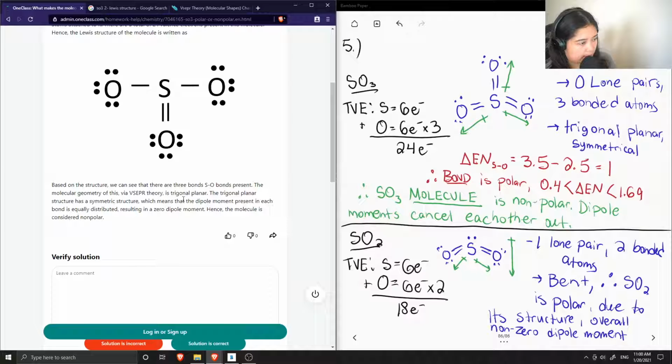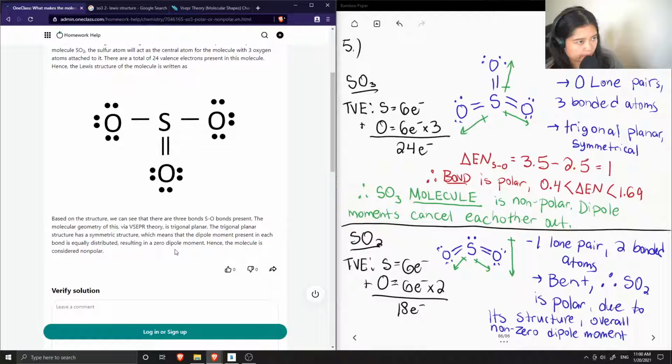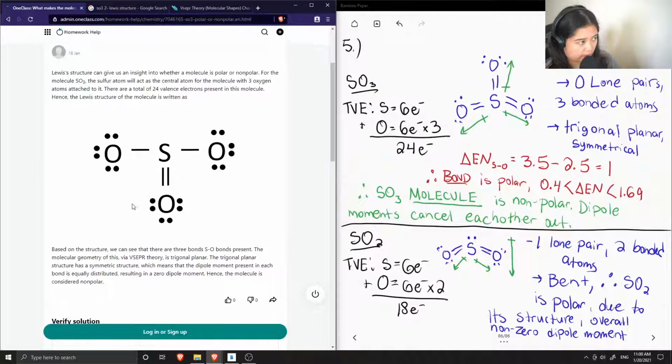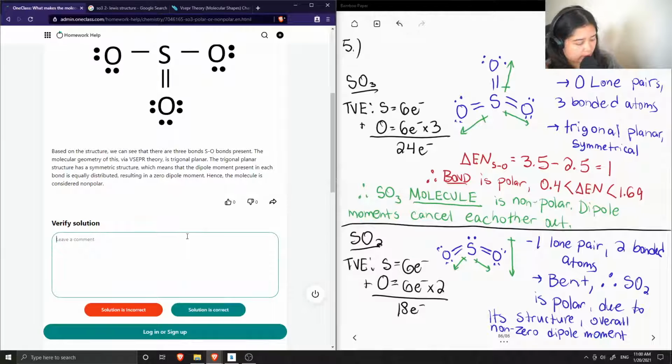Then they said that it's trigonal planar, resulting in a 0 dipole moment. So the explanation is correct, but it doesn't really make sense with the Lewis structure that they drew. So let me just say that